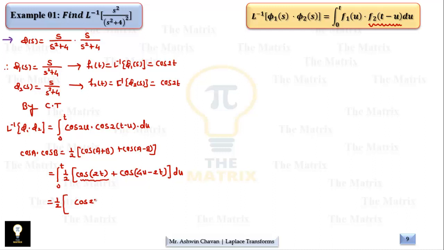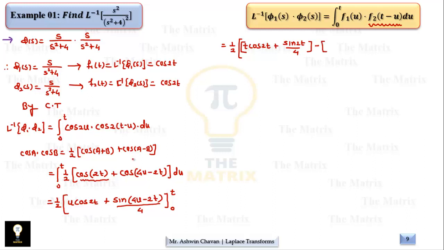That's why cos 2t, the constant, is kept as it is and is multiplied by the variable u. Whereas this cos becomes sine of (4u minus 2t) upon the derivative of the bracket term, that is 4, because this is with respect to u in the limits 0 and t. Okay, so for the upper limit this gives us half of u cos 2t, which gives t cos 2t. Then when we put u as t, this gives us 4t minus 2t, that is 2t, so sine 2t upon 4. So this is the value of the upper limit